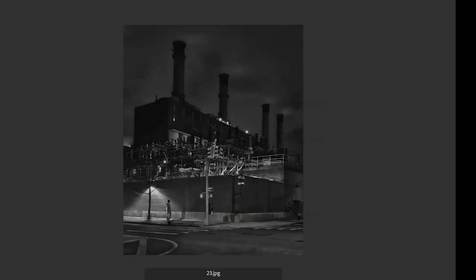Nice how the street light works there to show off the figure and the smokestacks, and I guess it's Con Ed or something like that. And I do see the squares, the rectangles of pixels in the sky, and I hope that when you make a print of it, that somehow could disappear. But I also like the way the white paint on the floor and the composition works really well, and your eye goes around. So I would say an A.